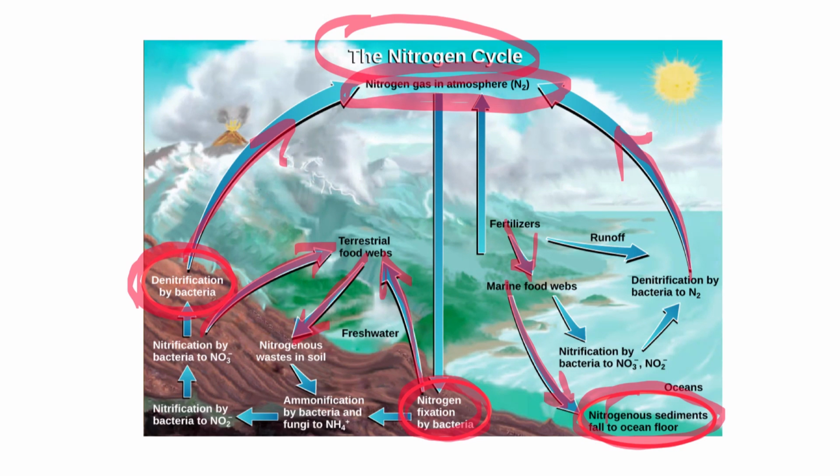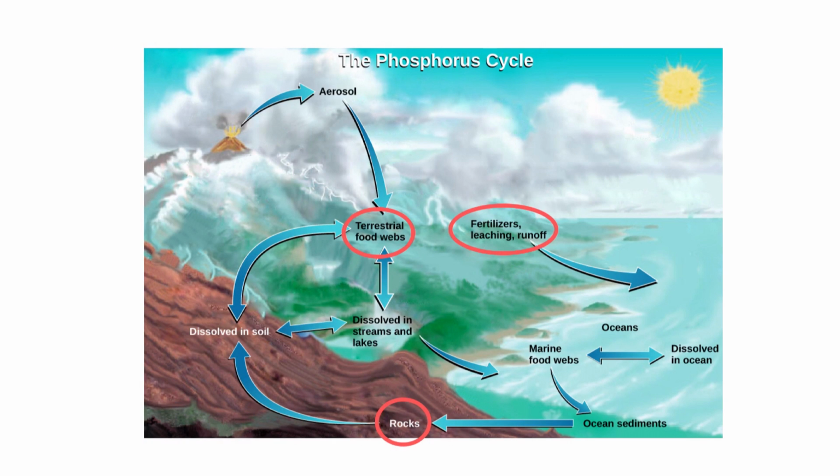So make sure you understand where nitrogen comes from and what happens, the processes that move it between one place and another. And then finally, we're going to finish up with the phosphorus cycle, and phosphorus is the only one of these cycles that does not have a large component in the atmosphere. So you'll see that there is no phosphorus component being represented up in the atmosphere here. So phosphorus, the major source of phosphorus is rocks,